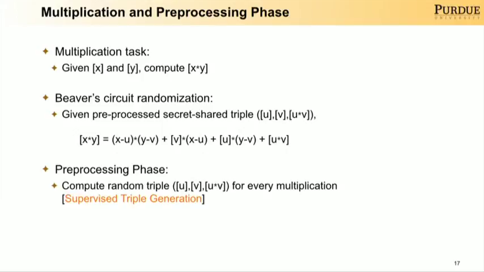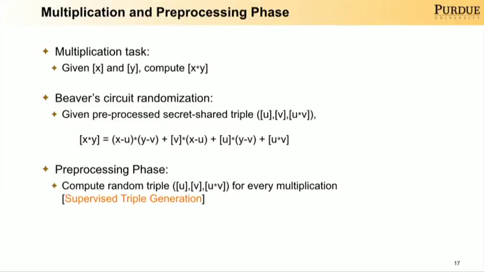Okay, so that finally we get the multiplication of those two inputs in a shared form. That's the goal. And as it turns out, this is a critical task, and the most standard technique to do that is the concept of Beaver circuit randomization, where they use a particular mathematical identity, which, given another random pair